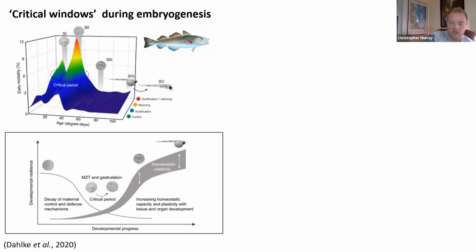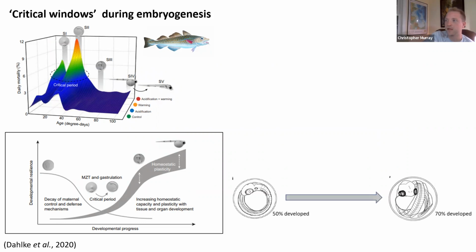So when that initial shield of cells grows around the yolk, that tends to be the stage at which embryos show the narrowest limits of environmental tolerance. And this has been shown really conclusively in Atlantic cod. And again, during our period, I only evaluated respiration rates with respect to acidification and heat wave effects in embryos that were about 50% developed to about 70% developed. So we completely missed out on these really early stages.